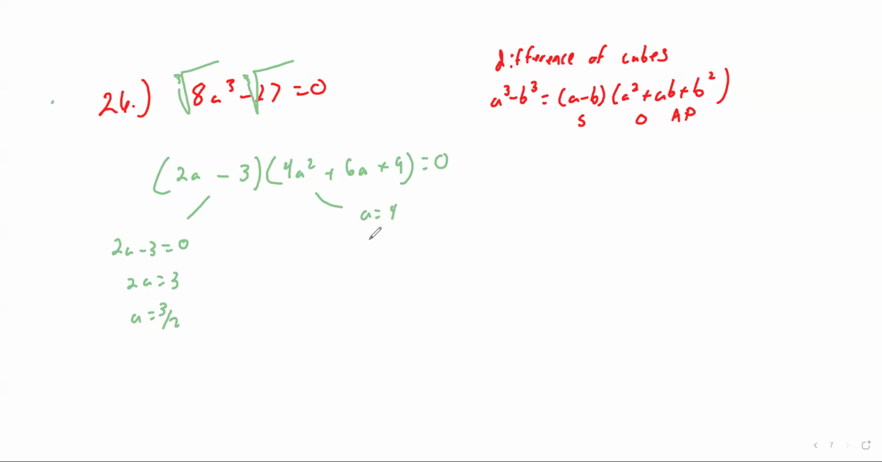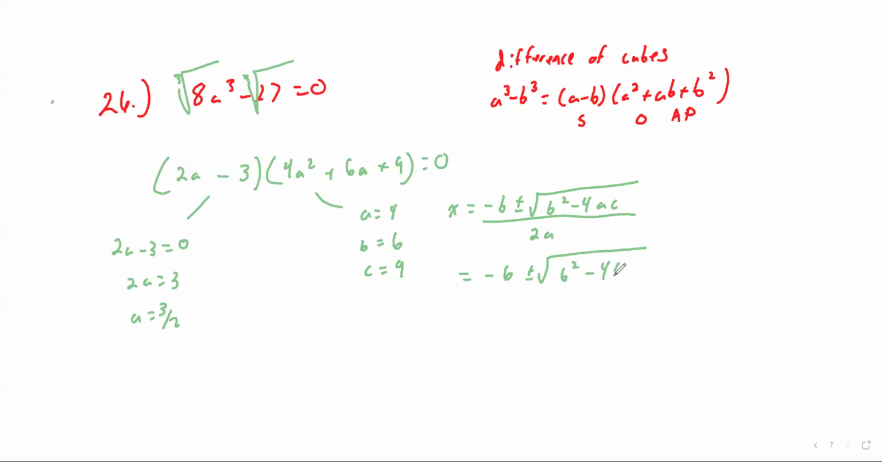So a equals 4, b equals 6, c equals 9. And then again, the quadratic formula was negative b plus or minus the square root of b squared minus 4ac, all divided by 2a. So in this case, that's going to be negative 6 plus or minus the square root of 6 squared minus 4 times 9. And then 2